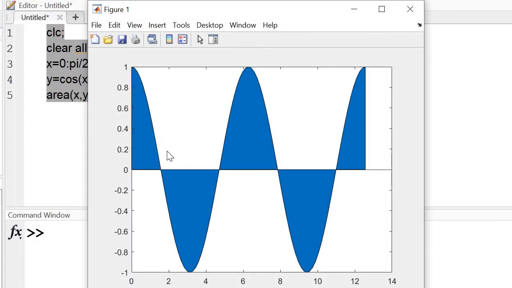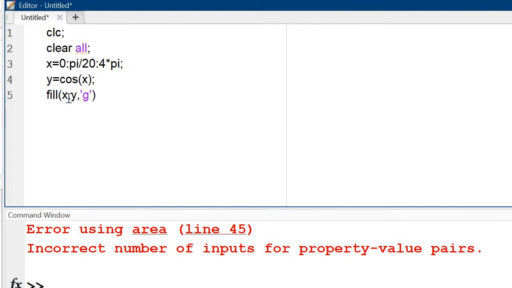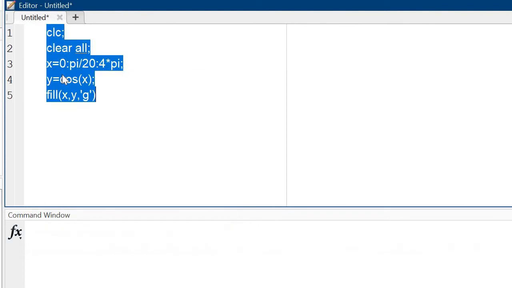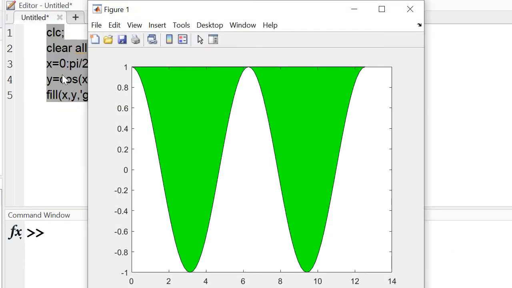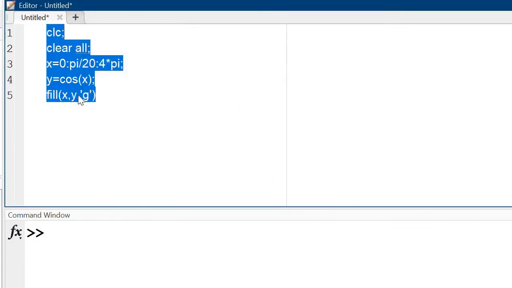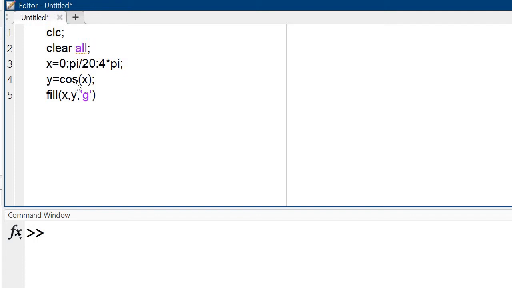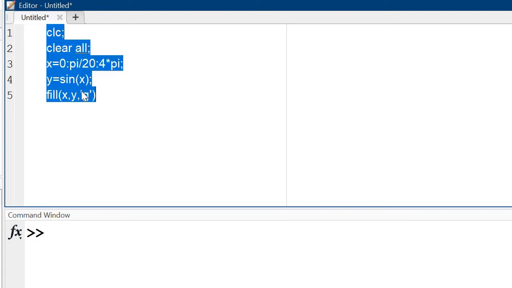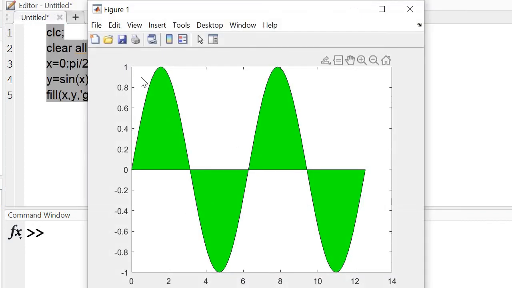The result is that it is filled with the blue color. Okay, I use this fill command with the green color. So this is green color. Because now what I am doing, I am taking this sine function. So now the area is filled with the green color.